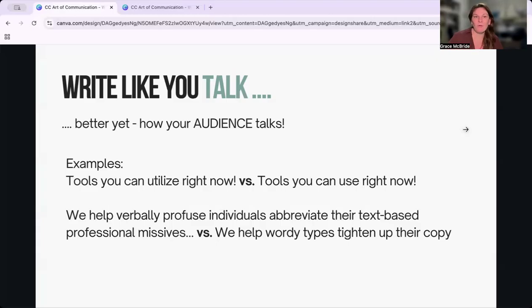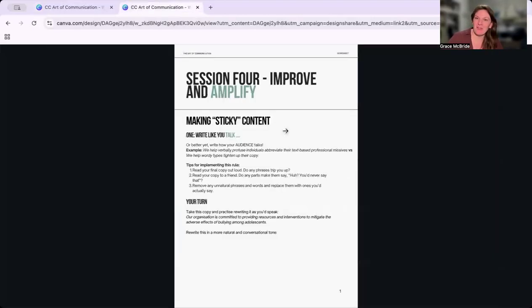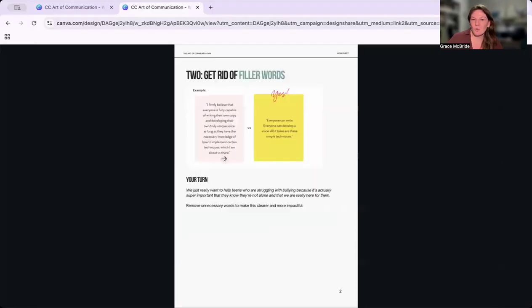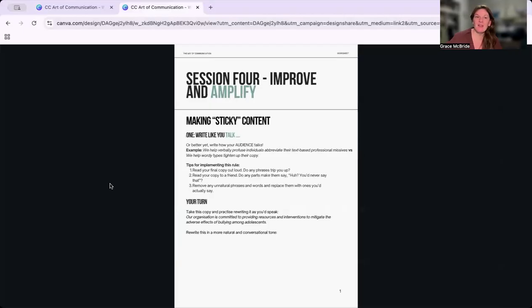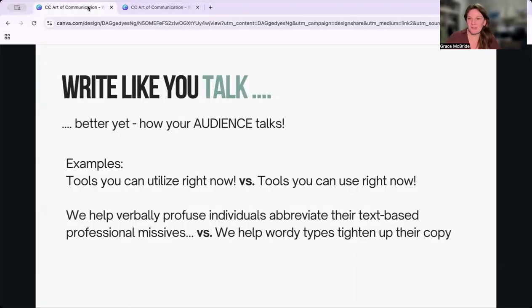And they can all be found in your worksheet as well. So I've got one all the way through to step 6 with an exercise for you to practice. But like I said, I really want to take you through the tips first, and then I'm going to hand over to you to have a go practicing in your worksheet.